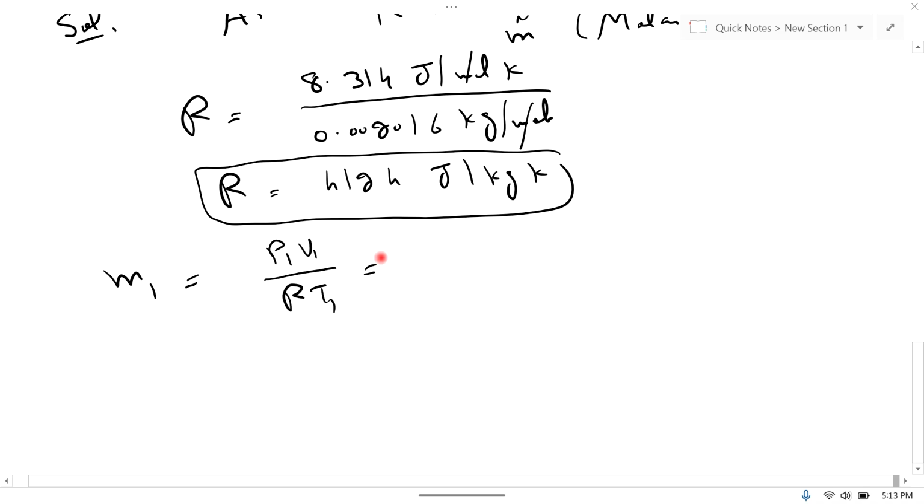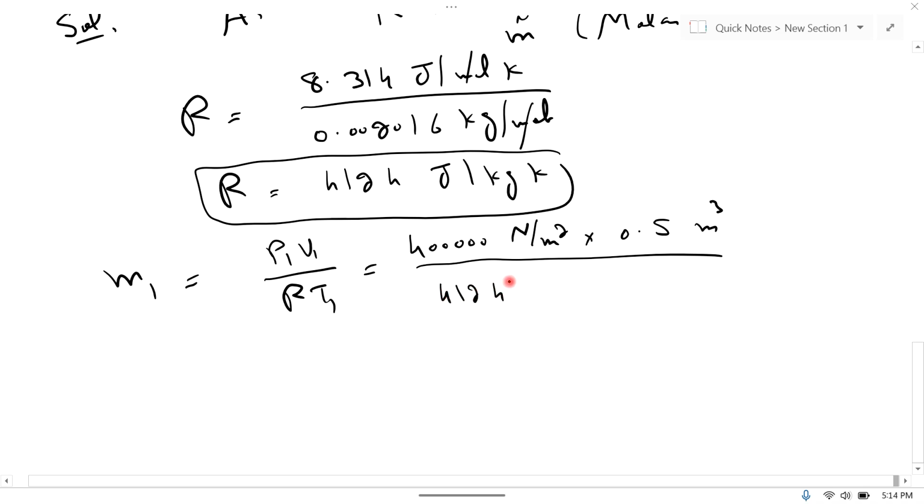So the value of P1 is 4 lakh Pascal, and Pascal is equal to Newton per square meter. Multiply by the value of V1, which is 0.5 cubic meter. V1 is basically the volume of the first tank. R is 4124 joule per kilogram per Kelvin. Joule is basically equal to Newton meter per kilogram per Kelvin. And the value of T1 is